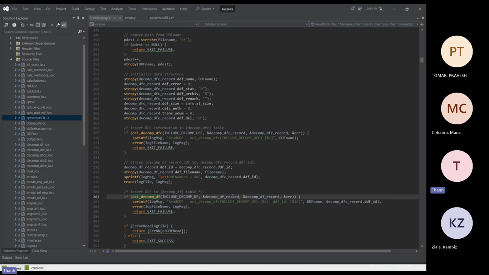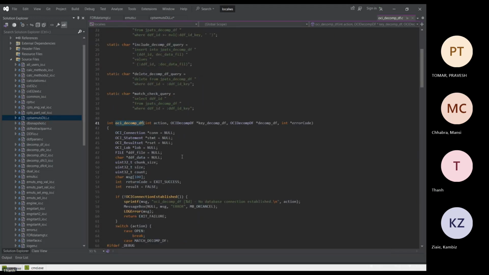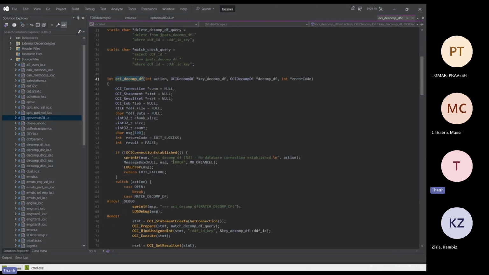Basically, we pass the file name and the path to this method, and then this method will open the DDF and store it as a blob in the database. So let's do an F12 here. You see the syntax here is different because I use OCI lib. I don't use OCI anymore because OCI is very